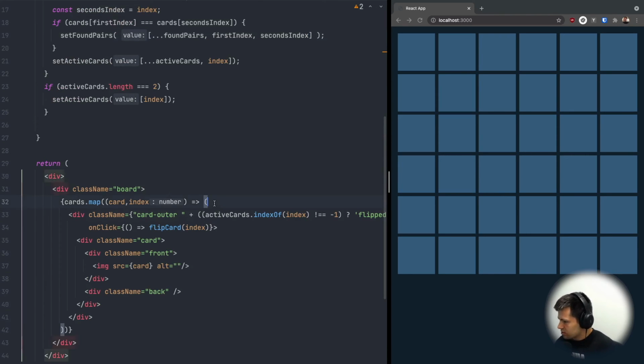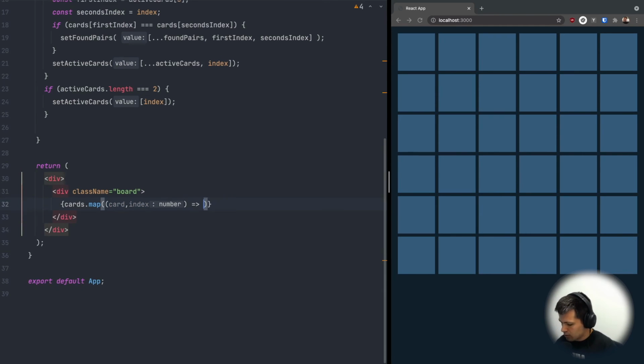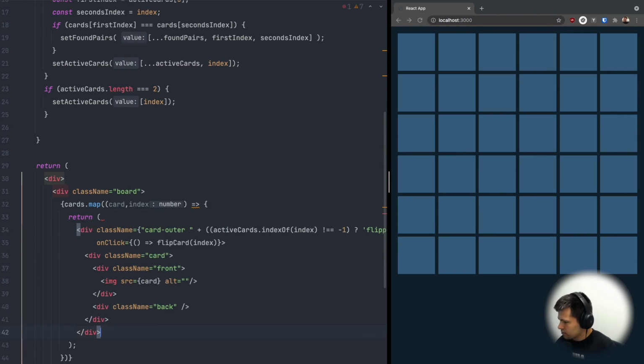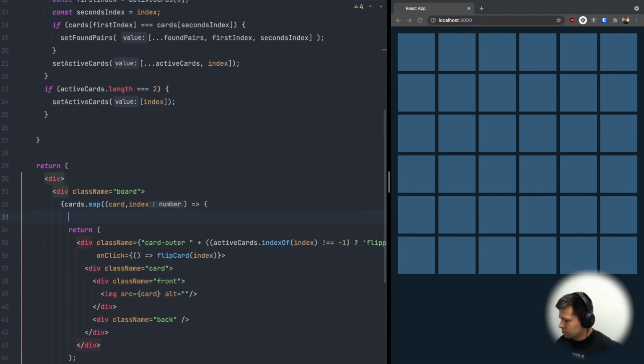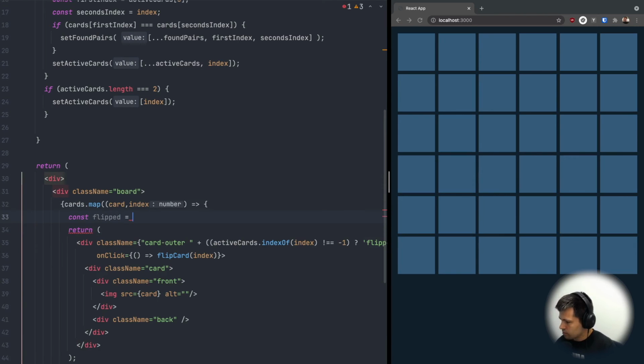So to do this, I will for now cut this part, and in here I will do a function of this, and let's return this div. Let's do here const flipped to front, and this will be true